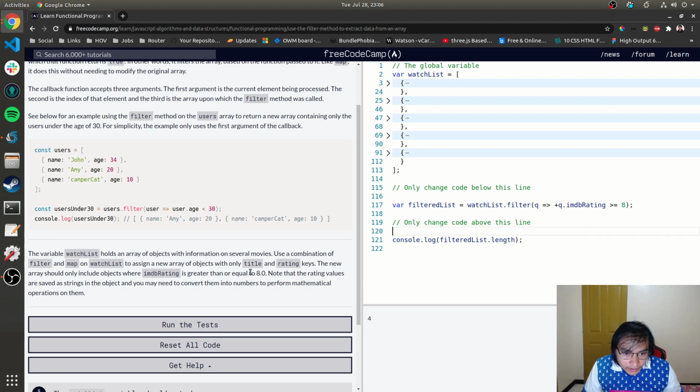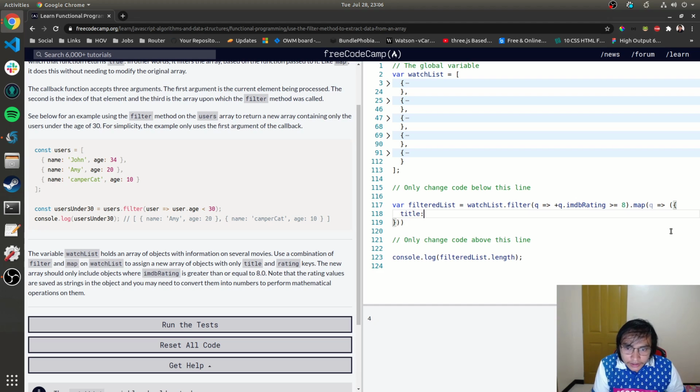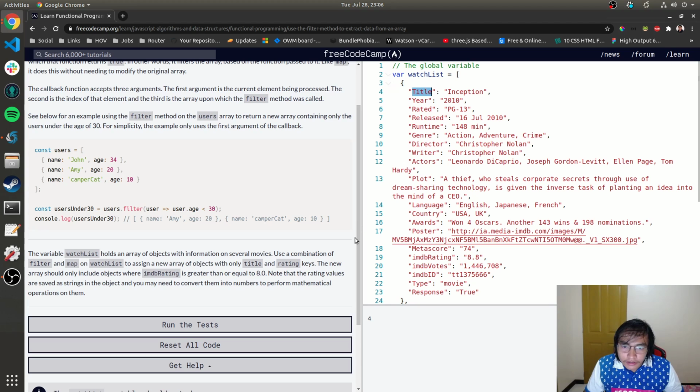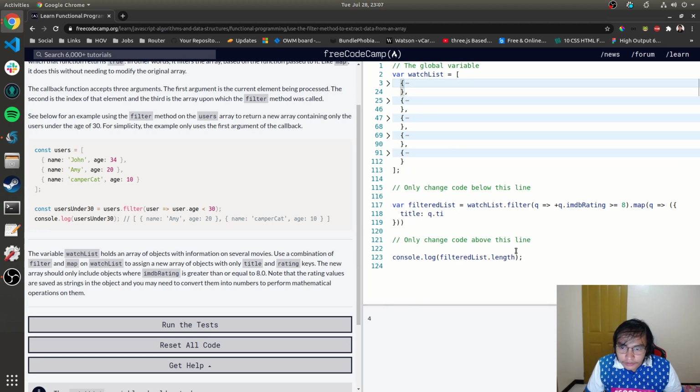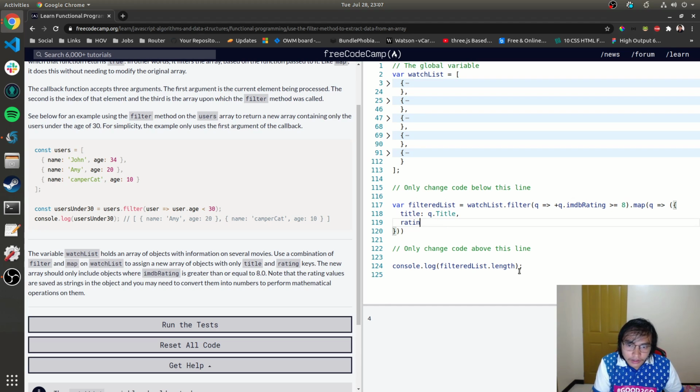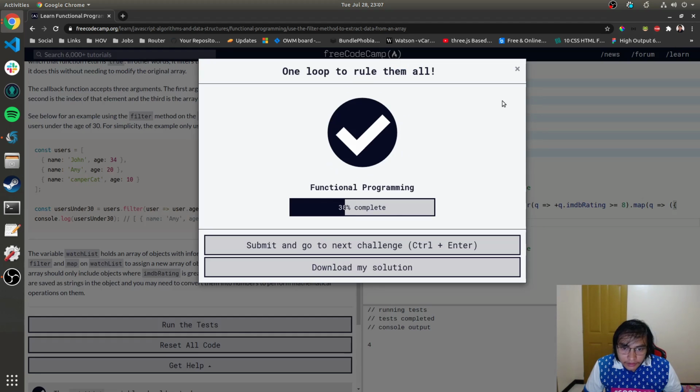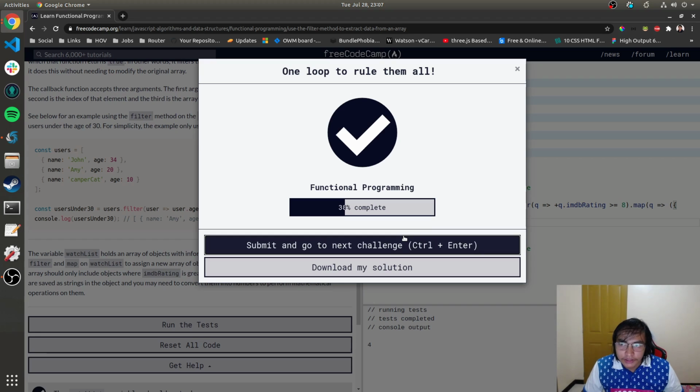And then let's return the title and rating only. So map, let's use the queue again and return the title, queue.title and rating is queue.imdbRating. Okay, that's it. Next challenge is